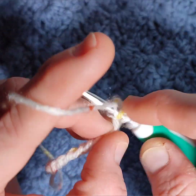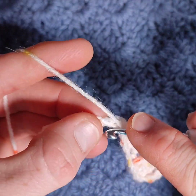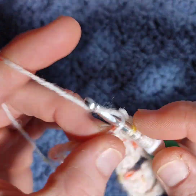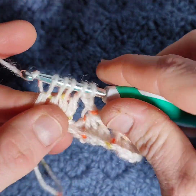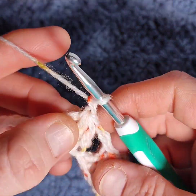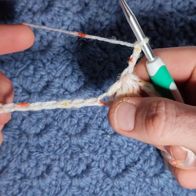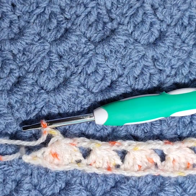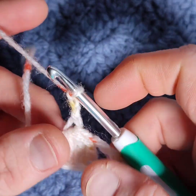So yarn over, pull through just the first 2 stitches in each. Just the first 2 and the last. Then you have 5 loops, yarn over, pull through all 5 loops, eye, chain 2. Continue doing that all the way across the row, and I'll get you at the end when you've only got 1 stitch left. Okay, so to finish this row, once you've done your eye and your chain 2, you're going